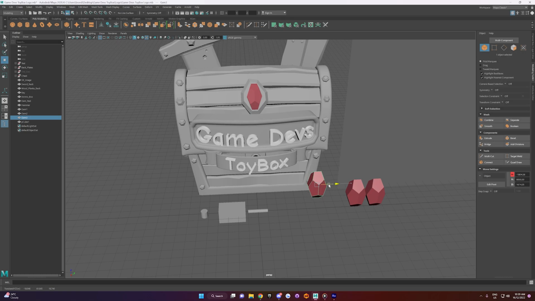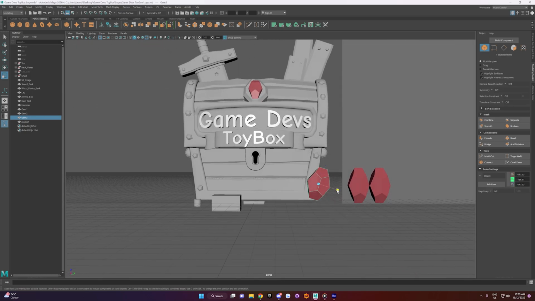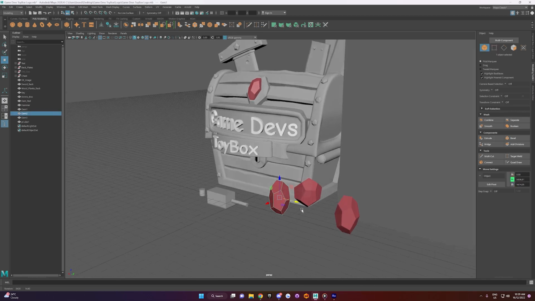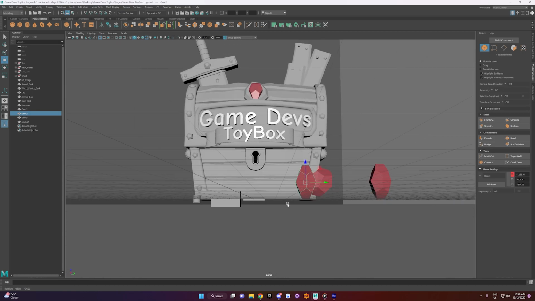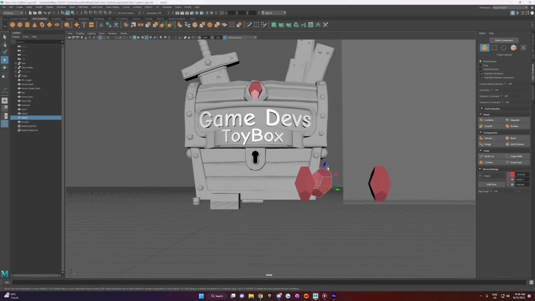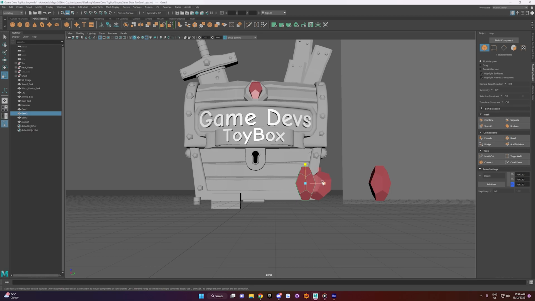So maybe just have one like here. I'll just rotate that a little bit, maybe make it a bit fat, make it a little fat one. Select some verts, and I'll just mess around with the shape, I guess. Try to make them kind of non-symmetrical, because gems in real life aren't, and we can do something like